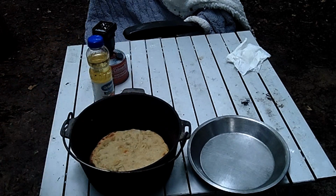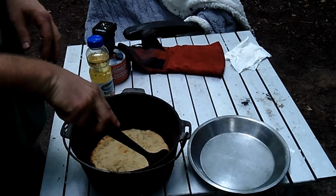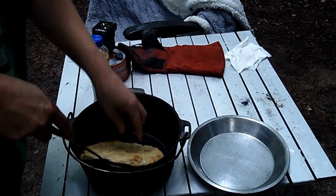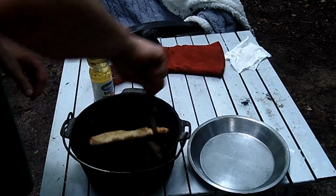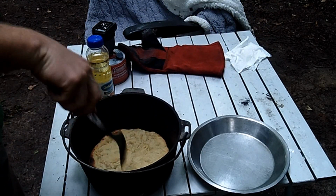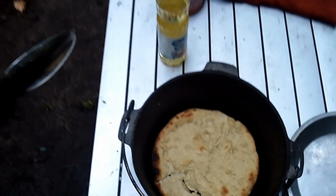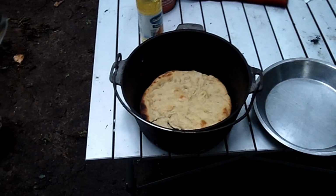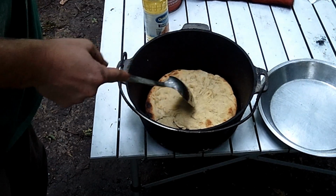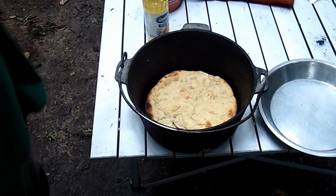Okay, kind of had an oopsie with the crust here. It's still a little gummy, and I don't want to continue to bake it. The bottom looks good. That looks the way it needs to be, but the top here is still gummy. And I've lost part of the crust, and that's not terrible, it is gummy. Whew. So I'm going to put that back together the best I can. I'm going to put a little cheese on that, try to seal that up. And then put it back in the fire to try to get it to cook better, and with the toppings on it, call it good and try to figure out how I can make it